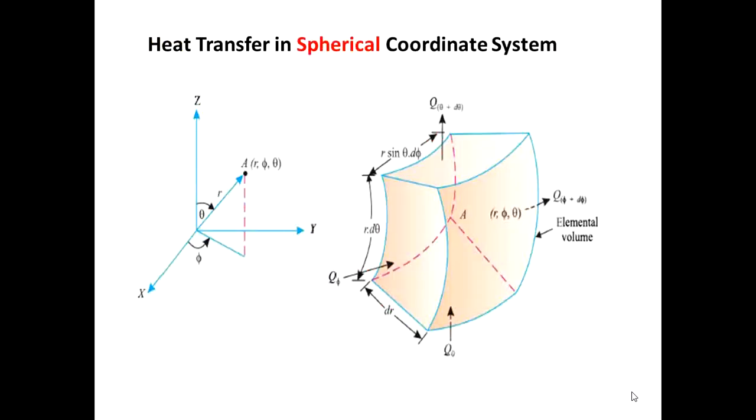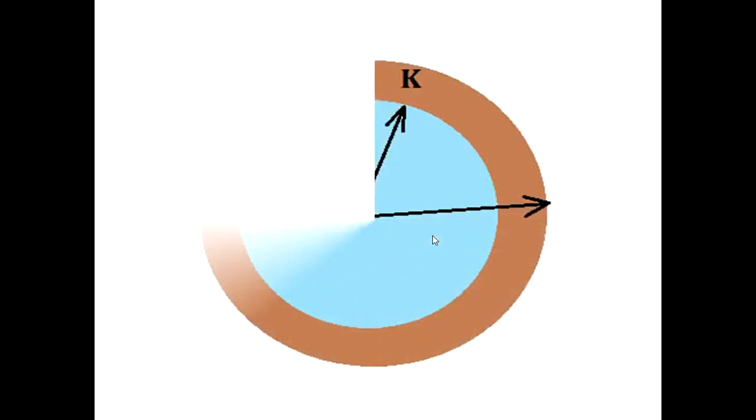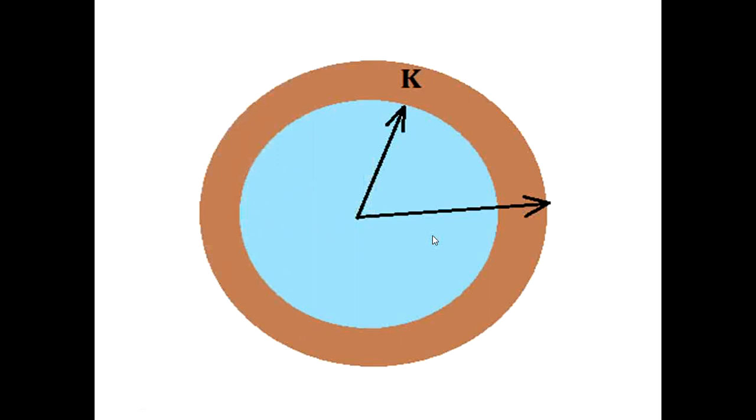This is the spherical body element that we can take to derive the three-dimensional equation, but the three-dimensional equation derivation is not there in the syllabus. Even though, just for your observation, in the three directions you can find the curves like this. The curves will be r sine theta d phi, r d theta. You can find this in online sources also. This kind of element is available. So this is the spherical body, which is a shell of solid material.